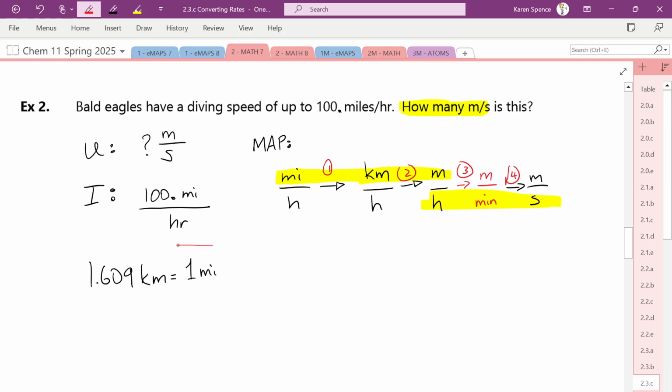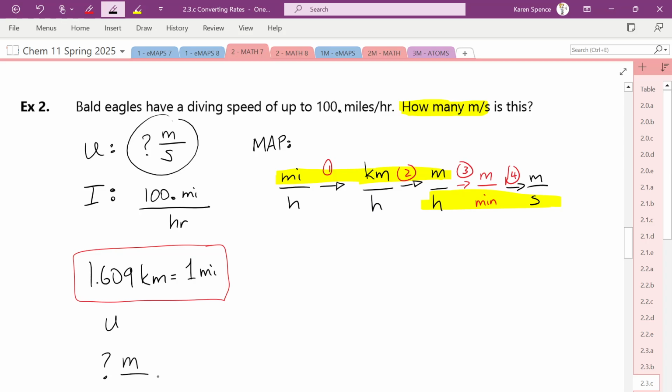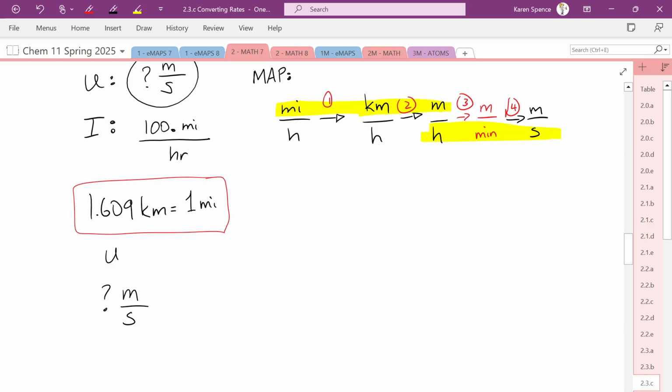So we have this one, which is the only one I think we don't know. Hopefully we know the other ones. So let's now write out this problem. My unknown is, I don't know how many meters per second. I know a lot of you don't like writing this step, but it helps you at the end if you see that your units equal these units. We are starting with 100